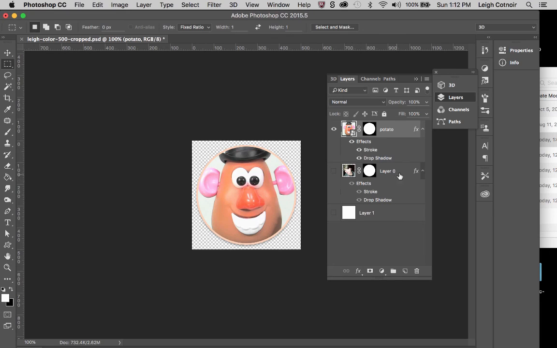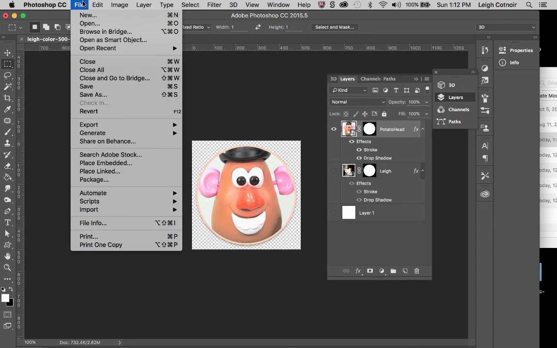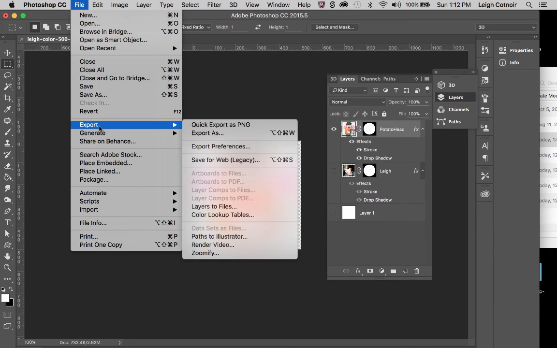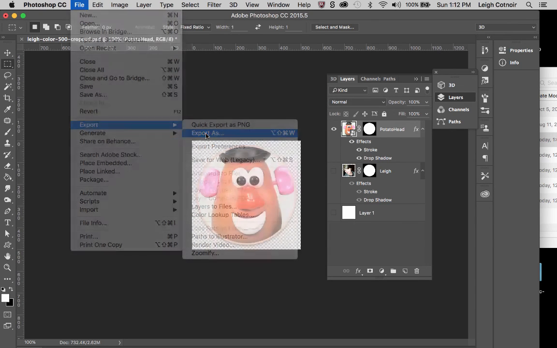Okay, my layer. Let's label this. Actually, let's call it Lee. Okay, so I'm going to name that, and then this would be Potato Head or something like that. Okay, and so now I can turn off and turn on different layers. I can turn my layer off, right, so that we've just got Potato Head, and now I can go over here, and while he's visible, I can export as,